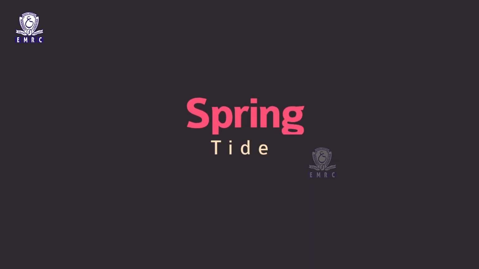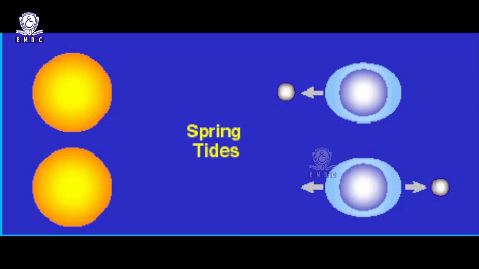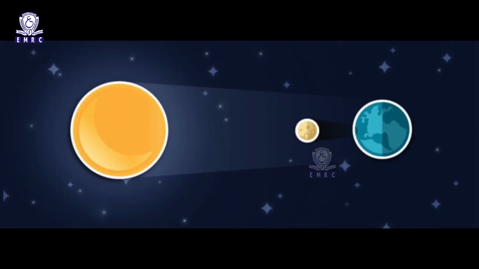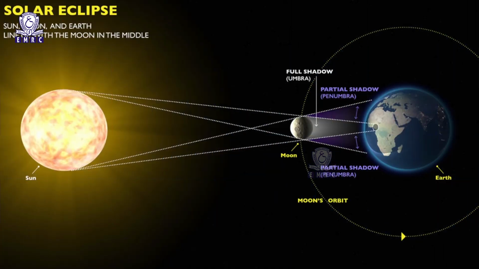A few important types of the tides are: spring tide. Very high tide is caused when the sun, the moon and the earth are almost in the same line. Such high tides are called the spring tides. The position of the sun, the moon and the earth in a straight line is called syzygy. When the sun, the moon and the earth are in sequential order in the straight line, in other words, when the sun and the moon are on the one side of the earth, the position is called